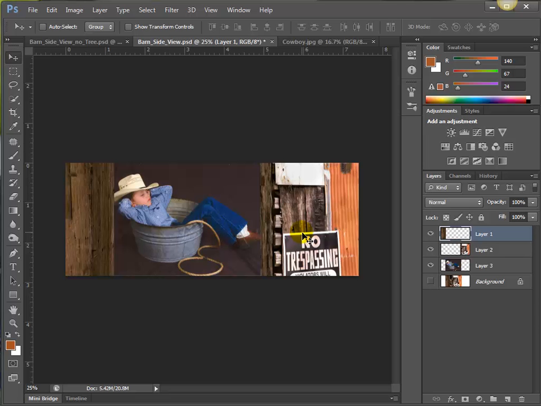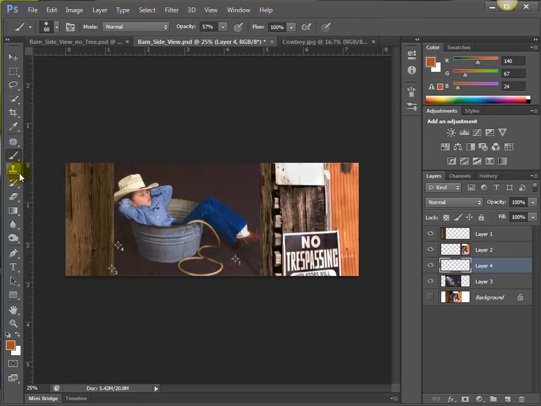Now, to make it look even more like it fits in there, we want to put another layer on. So just click on the new layer icon, and I want it behind the walls and just on the layer that the cowboy is on. And so I'm going to paint with black and change my opacity to way down there, and I can just start filling in back there with black,